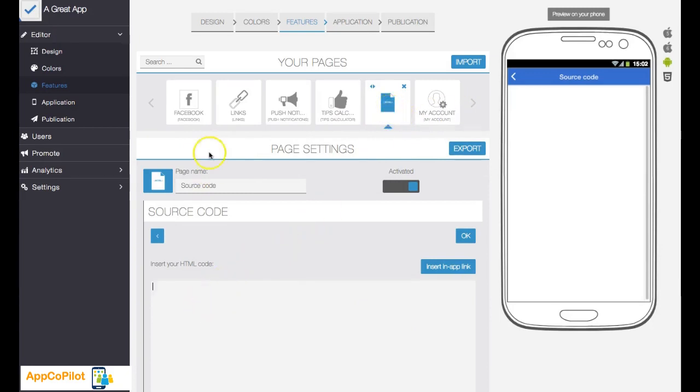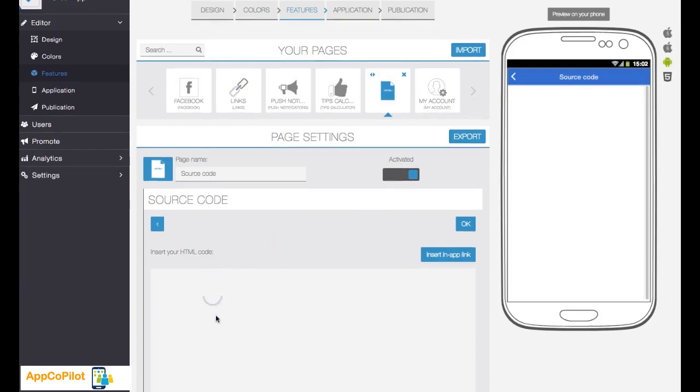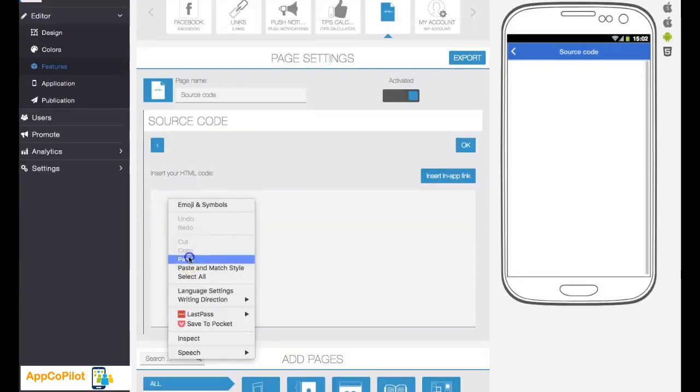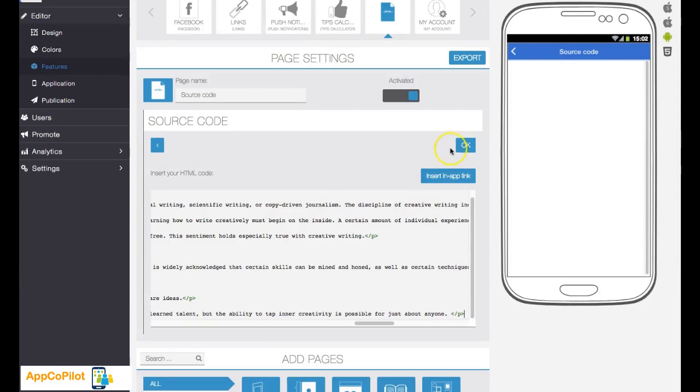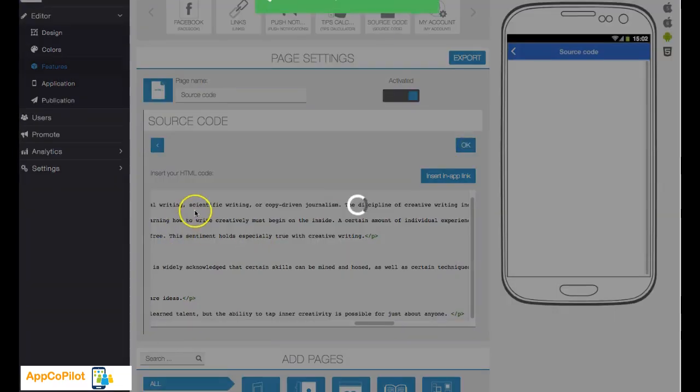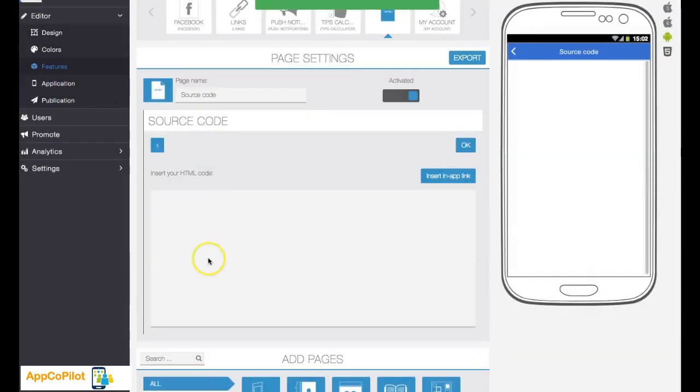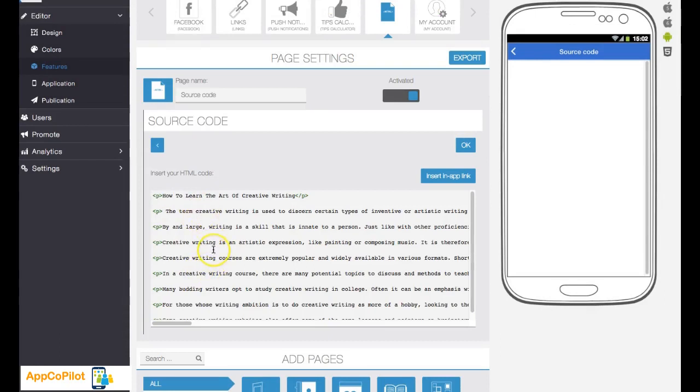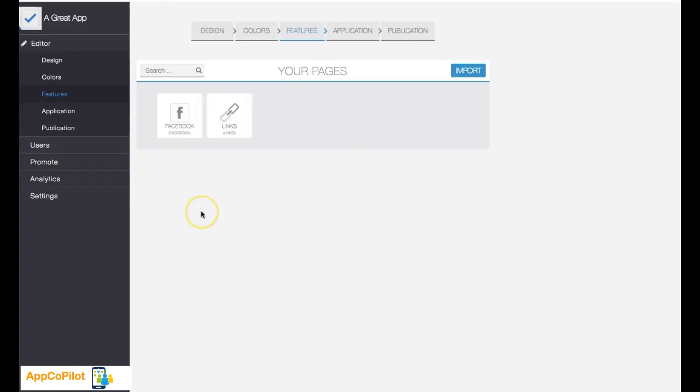It then appears at the top. So these are all the pages within your app, which you can see. Some were included in the app template automatically, which is why they're there. I've just added a page of HTML within the source code. It's just an article which has got some HTML there. And you can see that once I have added the HTML,